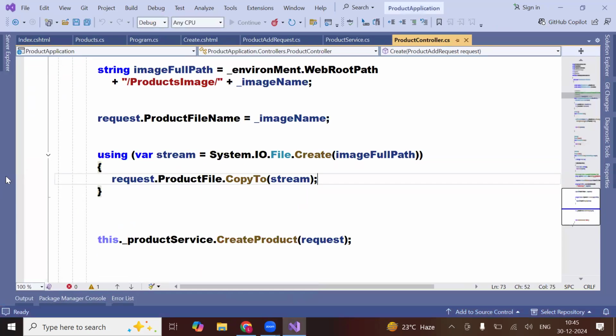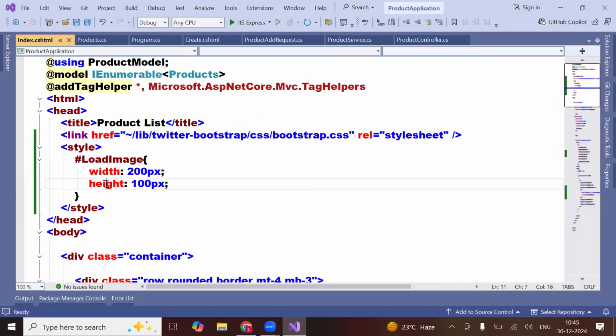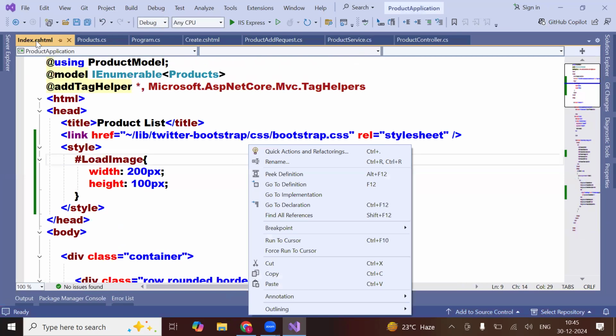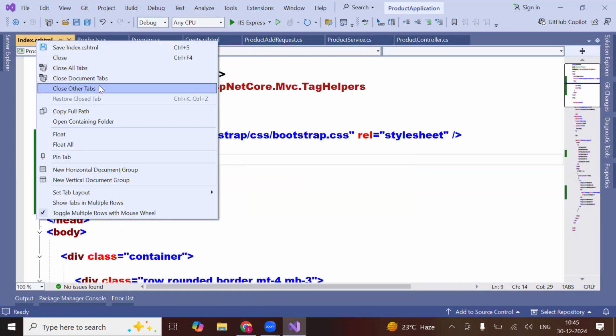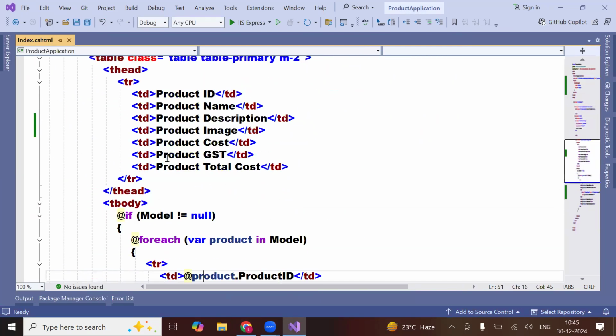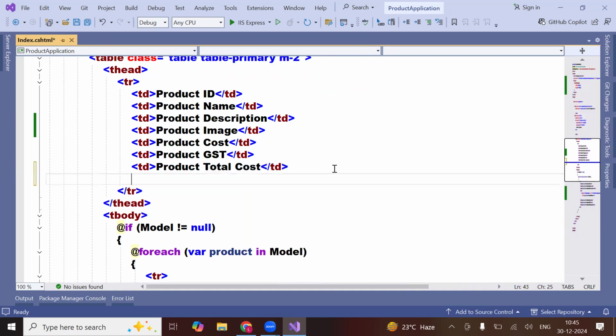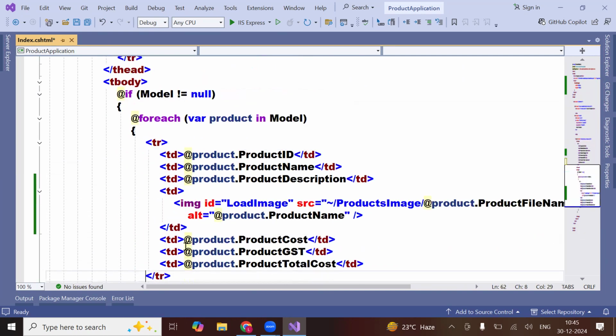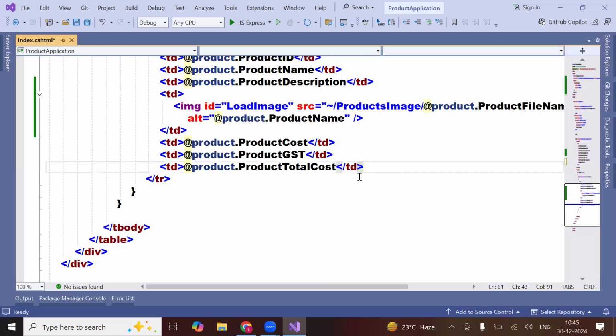How to create a delete method? In the index, let me try to close all documents other than this. Close other tabs. Now go here. Here I'm going to create a delete. Listen carefully. This is most important. I'm going to use a delete option. Okay. And then in the TD tag,